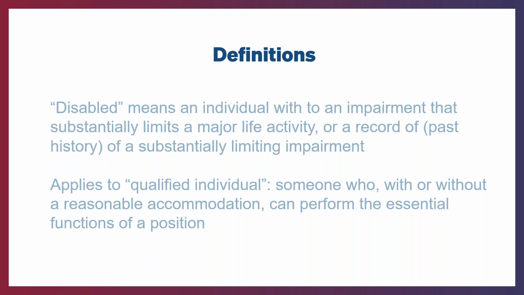So to back up, major life activity. So what does it mean to substantially limit a major life activity? A major life activity can mean many different things. So a major life activity can be physical activity, and that includes, like I said, walking, if someone is mobility impaired, seeing, hearing, standing, sitting, lifting, performing manual tasks. Those are some of the more open and obvious limits to a major life activity